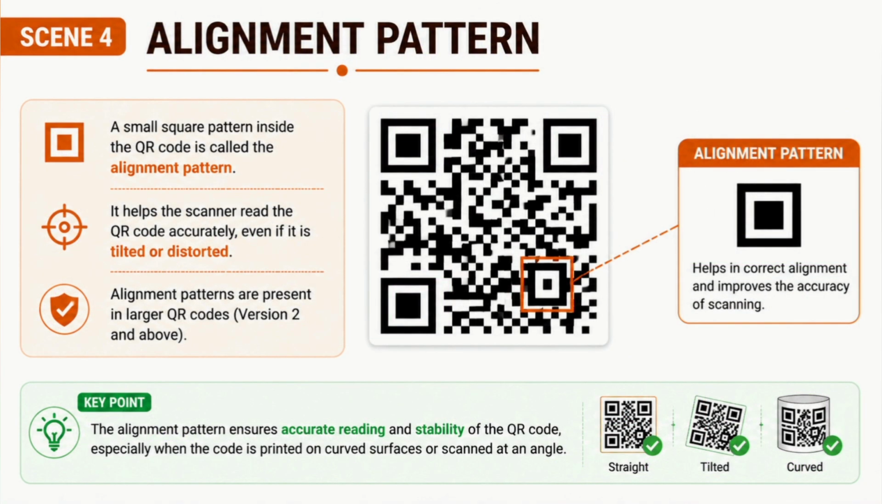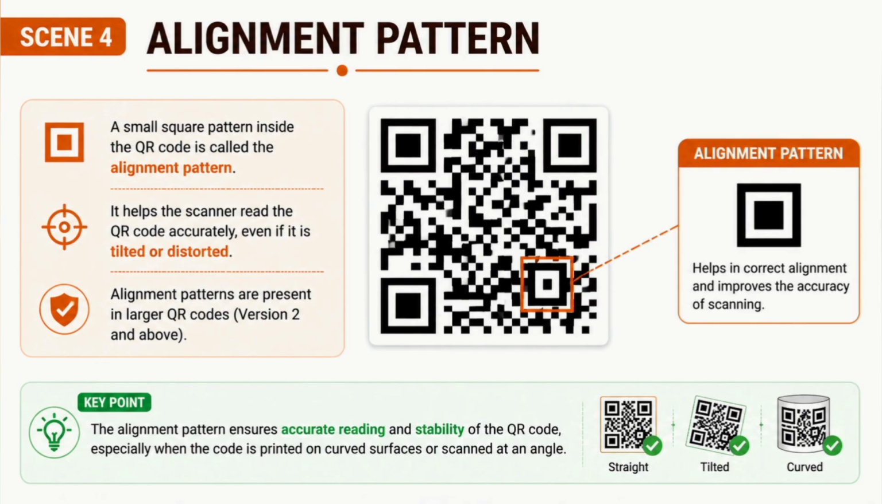And the next one is the alignment pattern, that is accuracy control. The alignment pattern is a small square located inside the QR code. Its main function is to correct distortion during scanning. Sometimes the QR code may be printed on curved surfaces like bottles or strips. In such cases, the alignment pattern helps maintain accuracy. It ensures that the QR code is read correctly even if it is